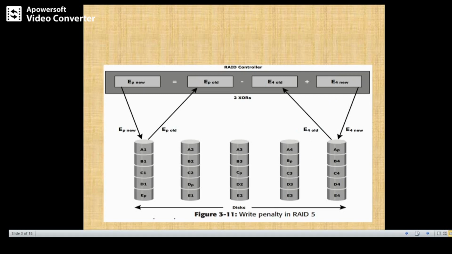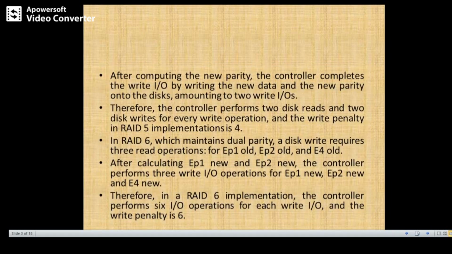So whenever any write operation comes into the disk, at that instant the RAID controller will perform 2 read operations as well as 2 write operations. The 2 read operations are in order to read EP old and E4 old. The write operations are in order to write E4 new as well as EP new.